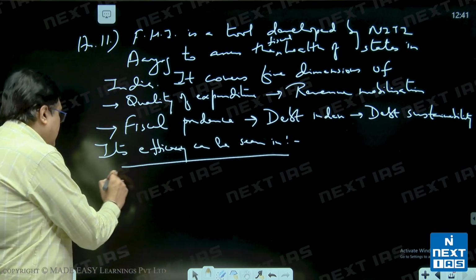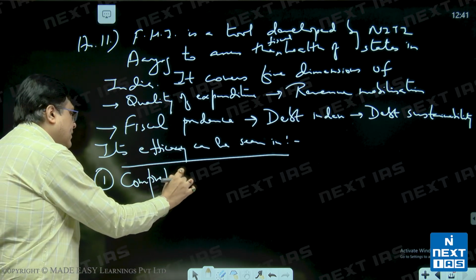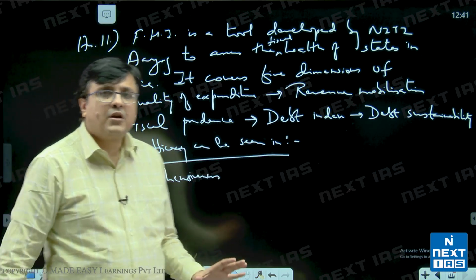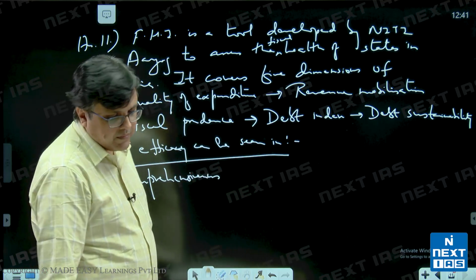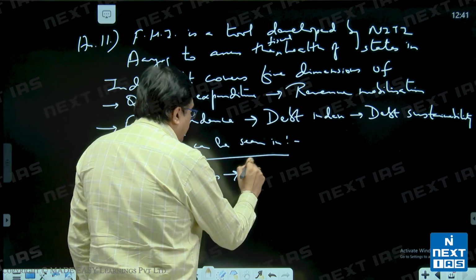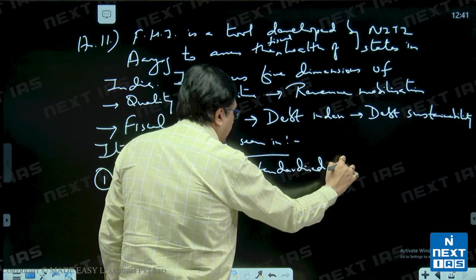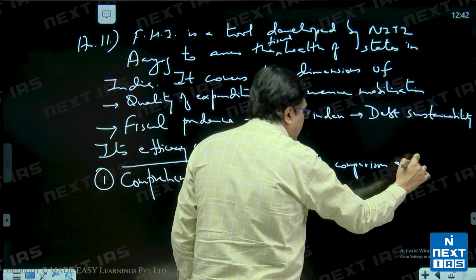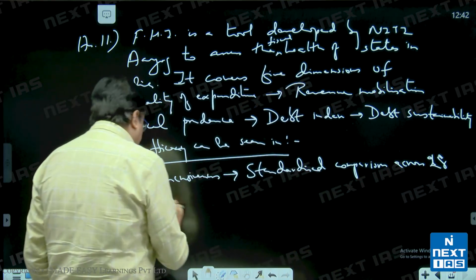So number 1, comprehensiveness. It's comprehensive, it covers everything. So standardized comparison across